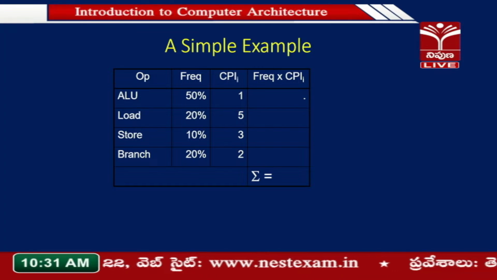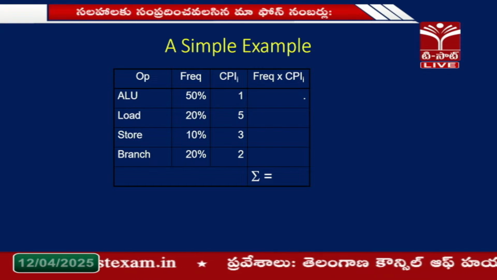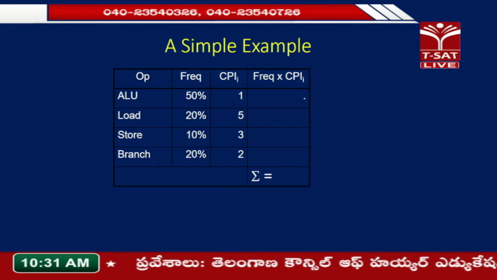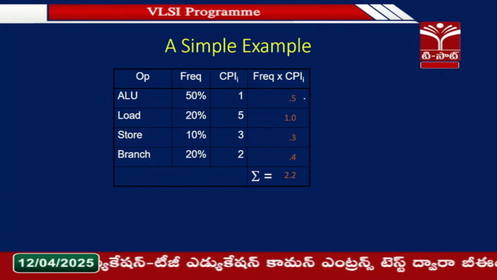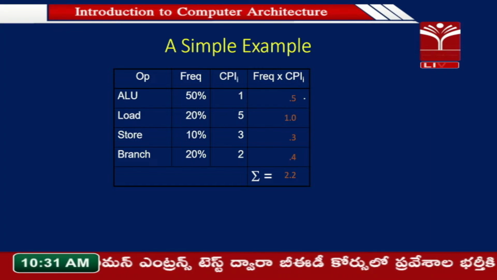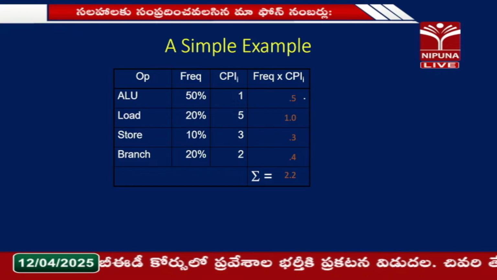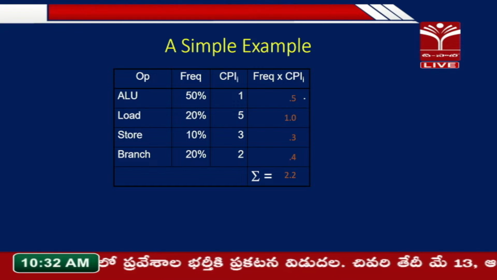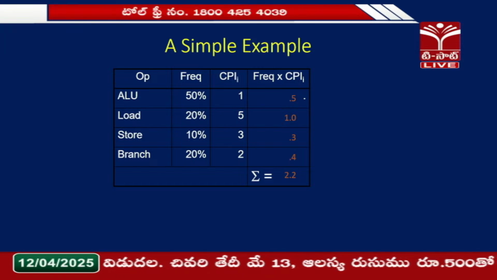And now you have the CPI for each of these classes of operations. As you can see, the load and store are longer because they have to go to the memory, the branch is about 2 cycles, and the arithmetic operations are 1 cycle. So, with this example, the effective CPI calculation comes to 2.2. It is basically 50%, which is 0.5, multiplied by 1, giving 0.5. So, the ALU is 0.5, the load is similarly 1.0. You do the arithmetic of the effective CPI, and it comes to 2.2. So, now